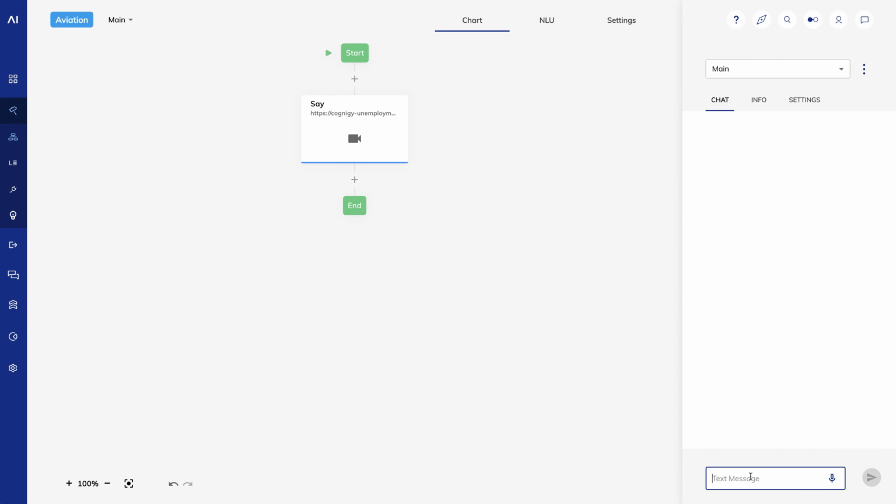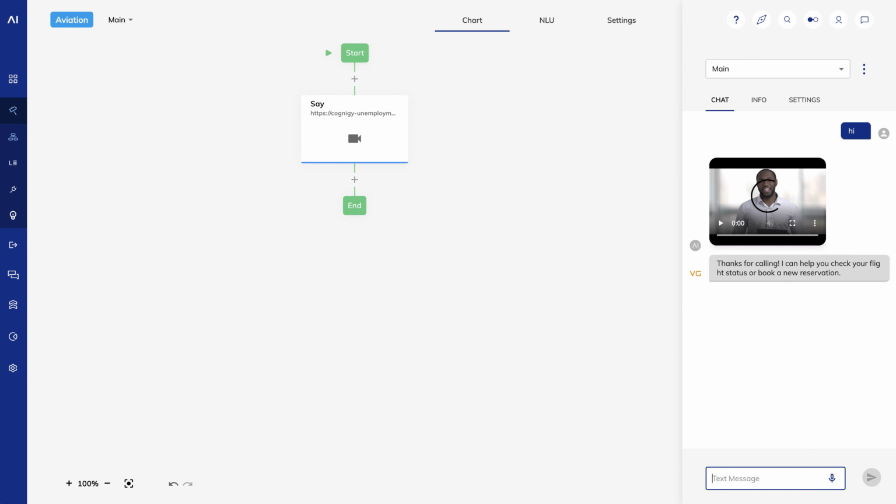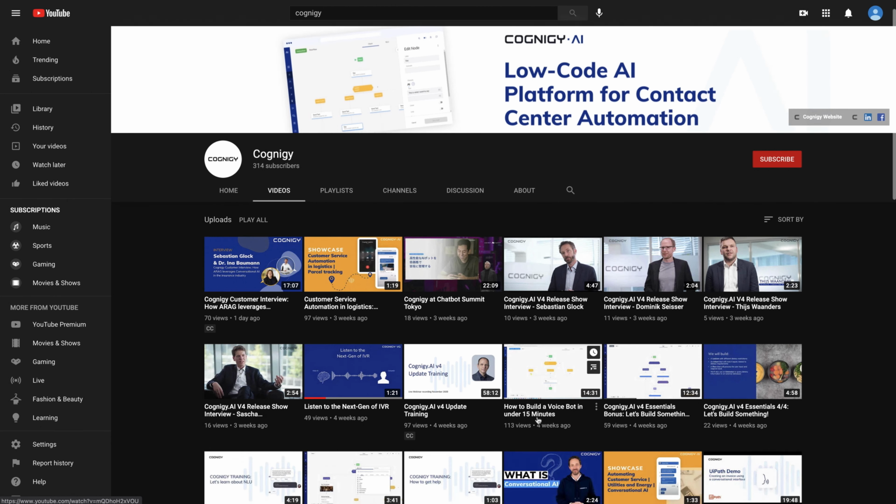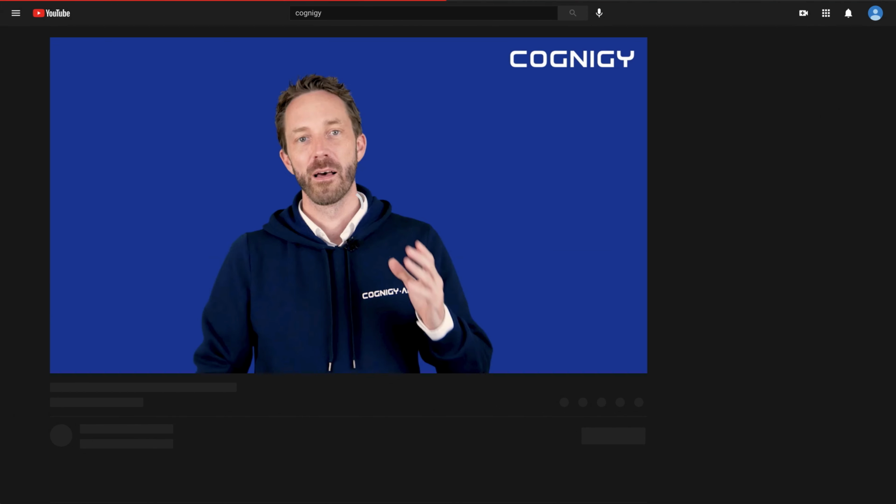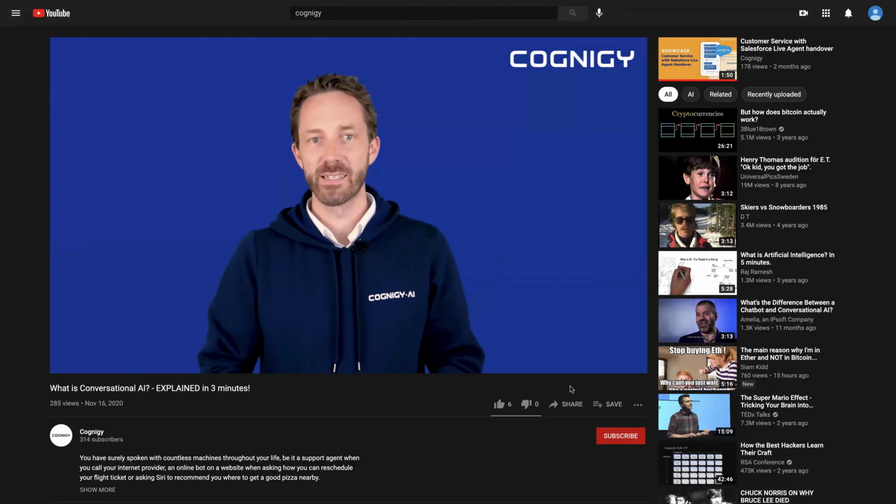controls for the video. This works great when the video is small like this one. I just add a link to the file on my server. But what if you want to add something longer that's best served from a streaming service like Vimeo or YouTube? To do this, I'll go to YouTube and copy the embed code. Just find your favorite Cognigy video and choose Share and Embed.